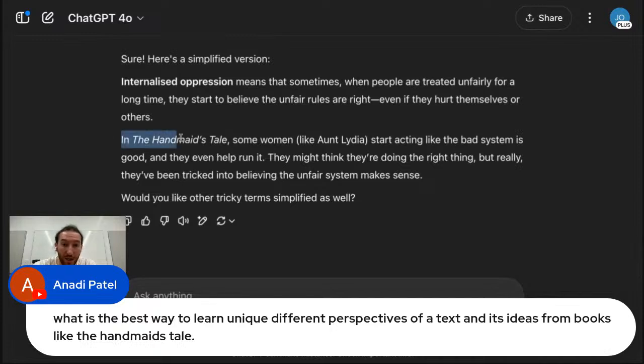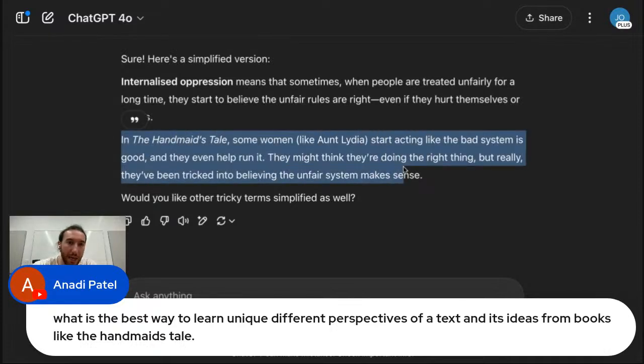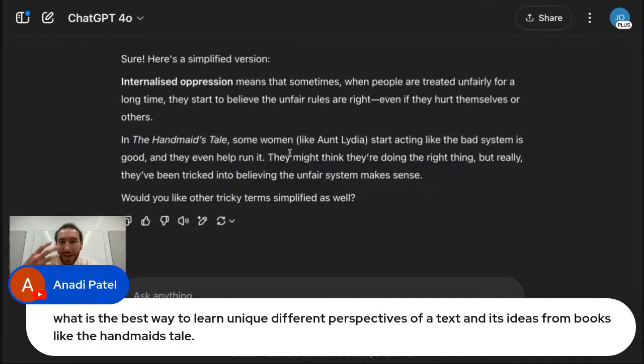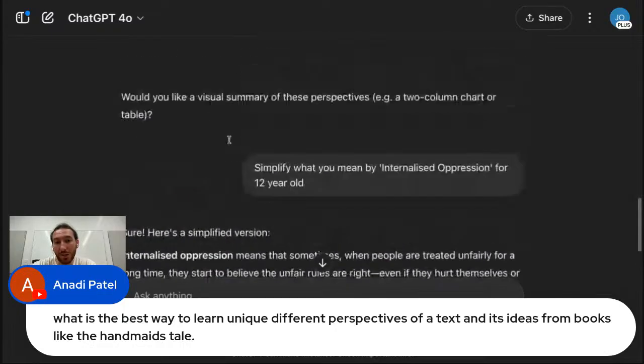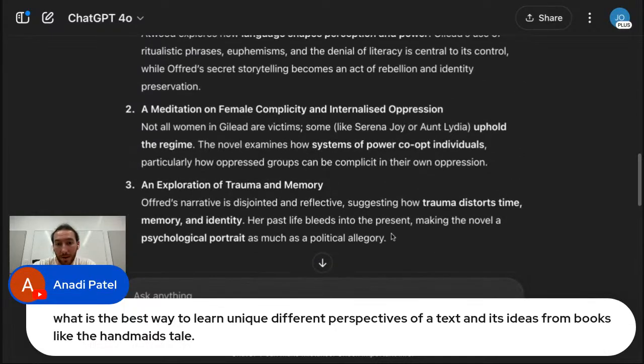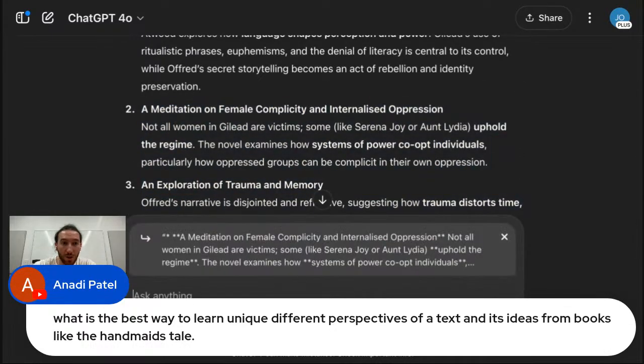Then it provides some generic examples. Be very careful with ChatGPT examples because they can chuck in different character names and things like that. So you've always got to go back to the source text. You've got to go back to your actual novel, hard copy or digital copy, whatever it might be, to verify any plot details and character details. But certainly when you get a summary of concepts and perspectives, great starting point.